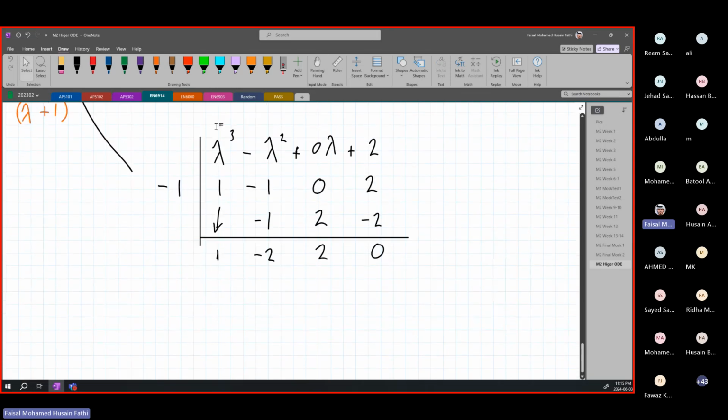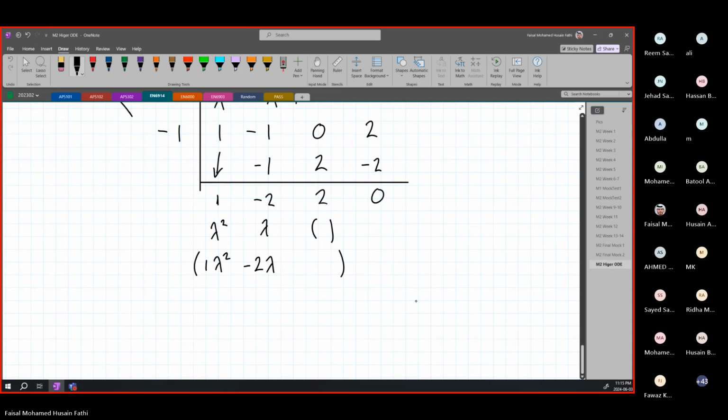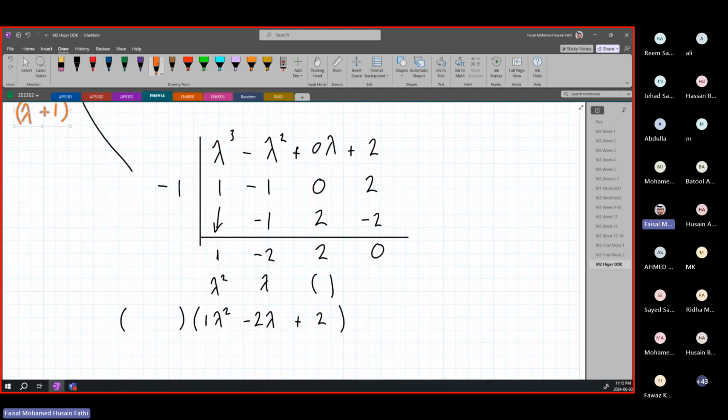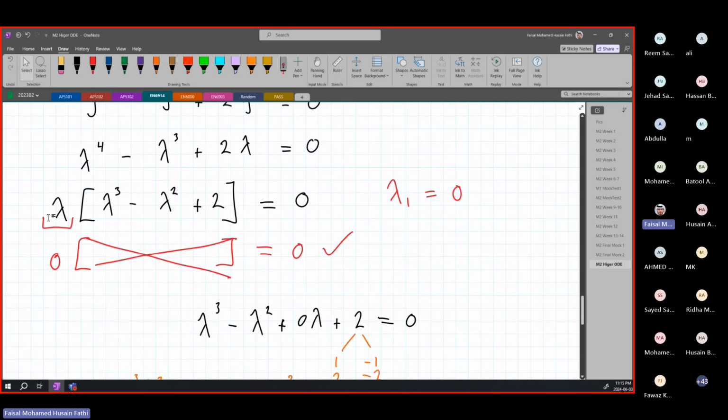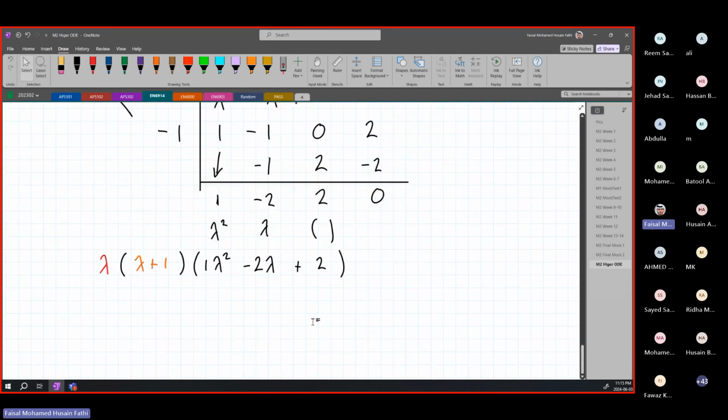This means we started from lambda cubed, so we end up with lambda squared, lambda, and this is empty, or without a lambda. So if we write this in equation form, in brackets, it's 1 lambda squared minus 2 lambda plus 2. And what do we have outside? We have the root that we have just determined, which is lambda plus 1, or the factored root. And from the very beginning, we have also found that lambda is outside. This lambda is outside. Okay? So we have lambda into lambda plus 1